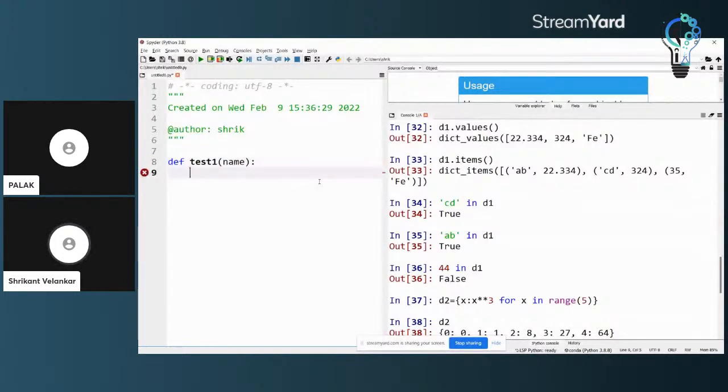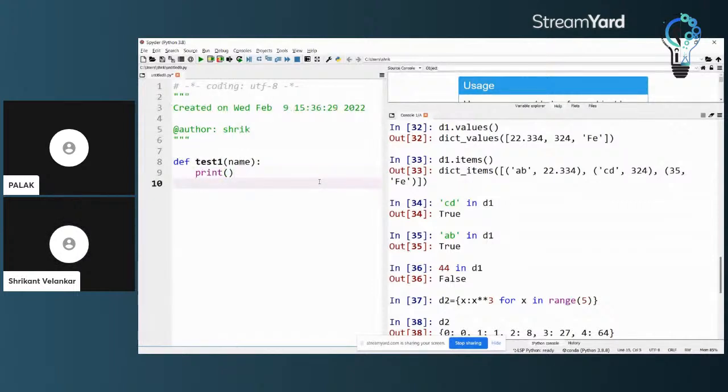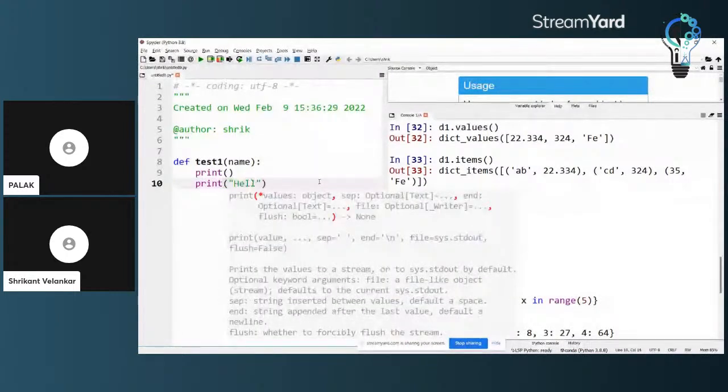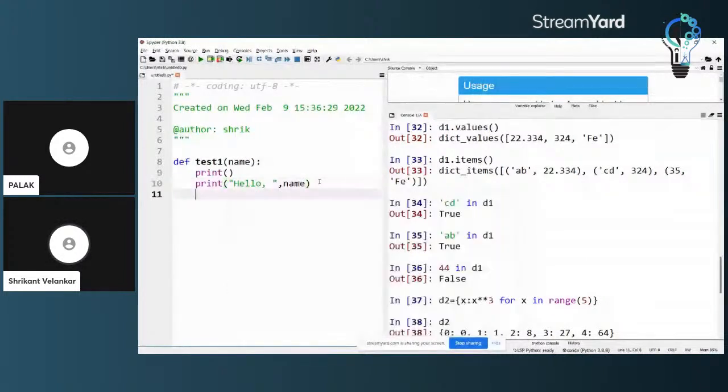You will see that automatically we have shifted four spaces. And then whatever I want to write in the function, I can write, say print, Hello name. So this is my function which I have created.